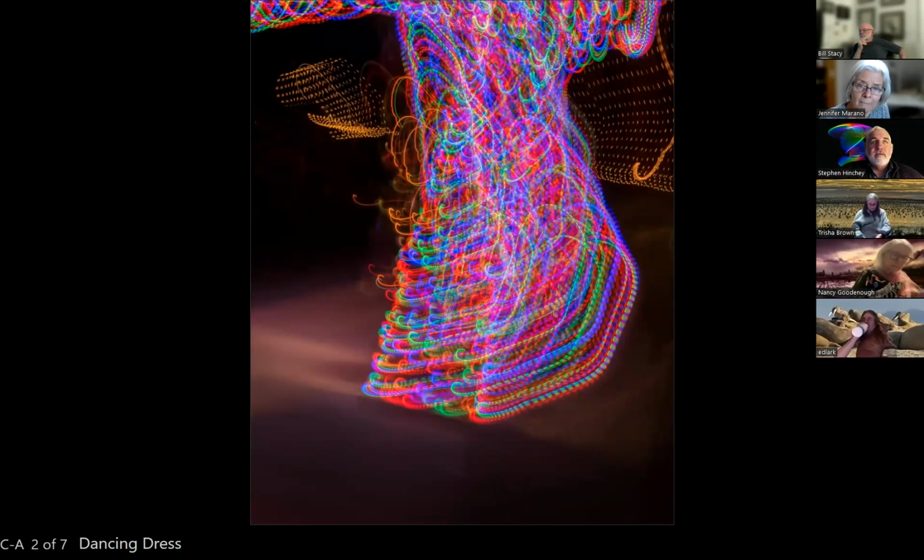Dancing dress. You know, I think the, let's call them arms, at the top of the image are what make this really look like a dress. If you didn't have those arms, I don't know if we would call this a dress, but it's really